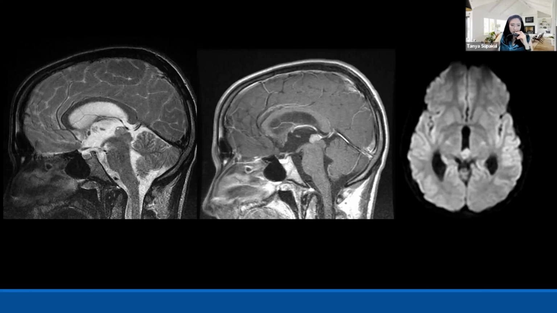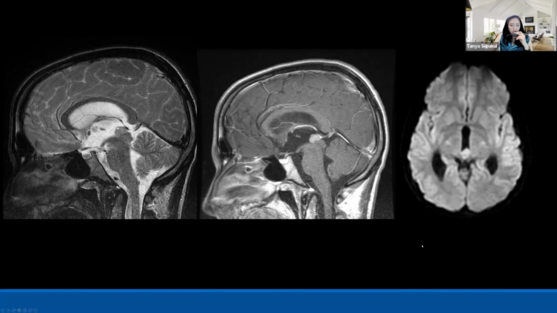In this patient, I have T1 post-contrast for you, where you can see there is an enhancing lesion in the pineal gland underneath the internal cerebral veins and vein of Galen. And on the DWI, it shows restricted diffusion. So every time we have something with restricted diffusion, it can be acute stroke, right? Or it can be a high-grade tumor, because with a high cellularity tumor, or packed dense cells, you can see reduced diffusion or restricted diffusion.